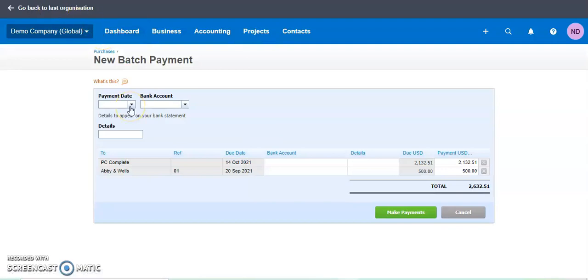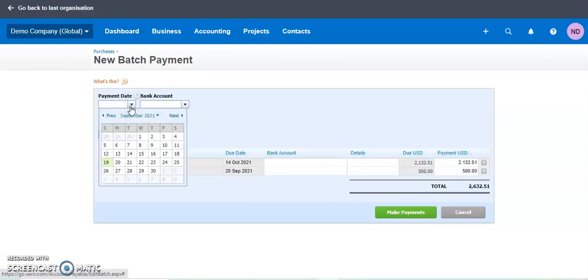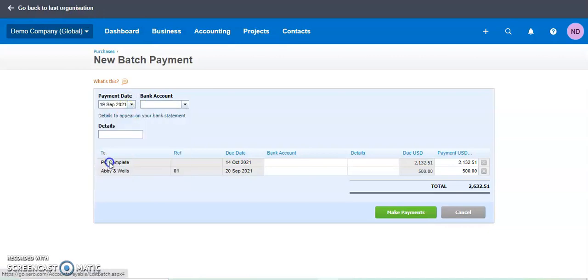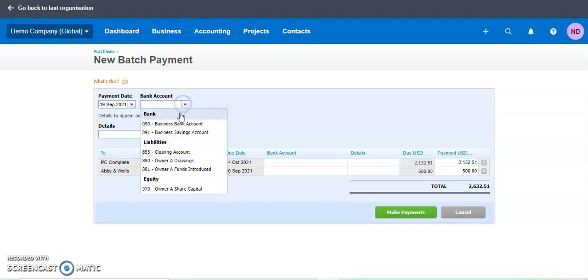So once you click on batch payment, there will be certain details which have to be filled up. So regarding the payment date, we'll click on the payment date and enter it. Now regarding the bank account, you can either choose the business bank account or the business savings account, or sometimes it might be the owner's account, so it will be in the form of a payment from the personal account.